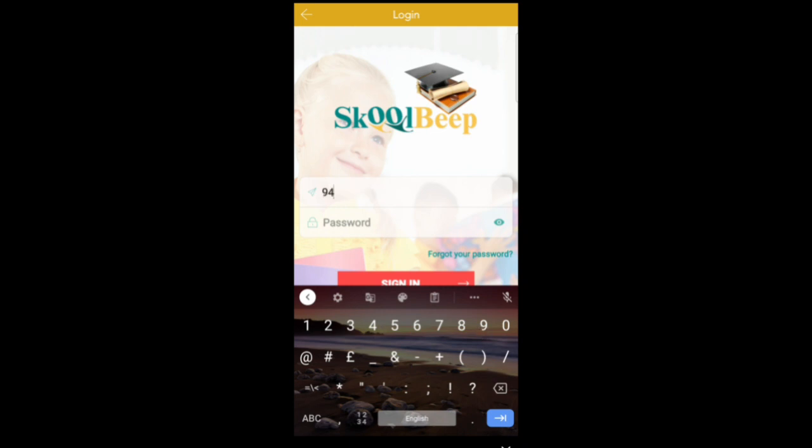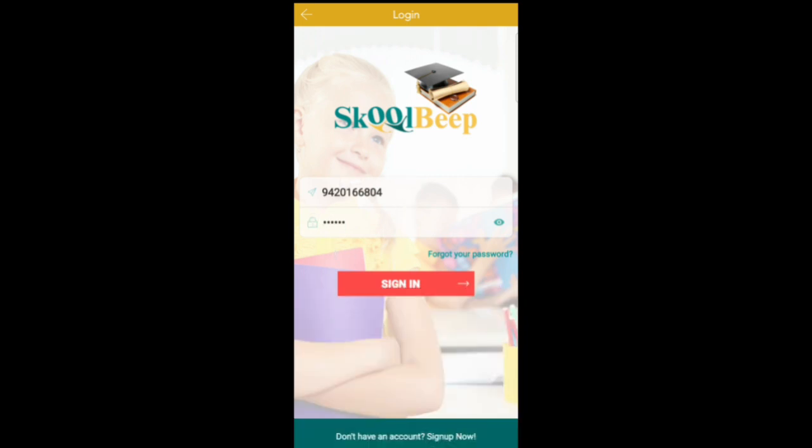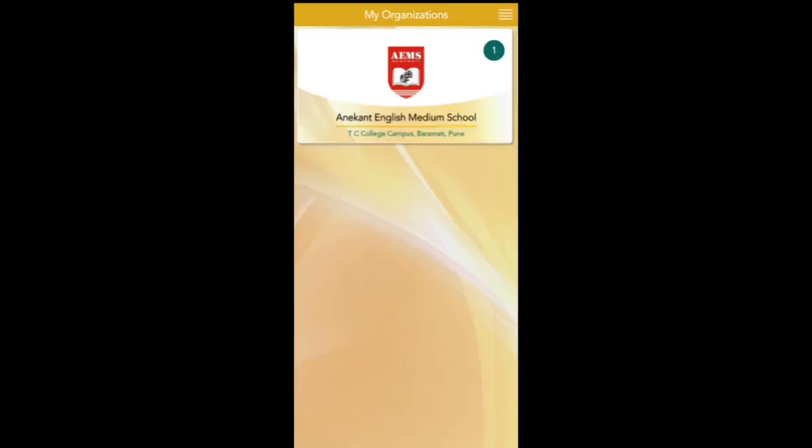This is just one mobile number which I am entering. Once I enter the login ID and password, I will click on sign in, and the app will open.